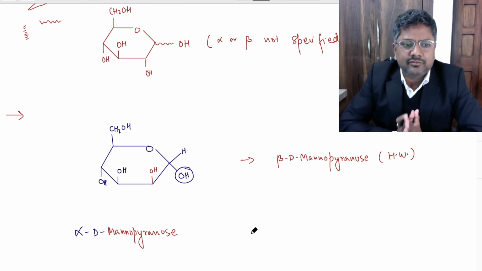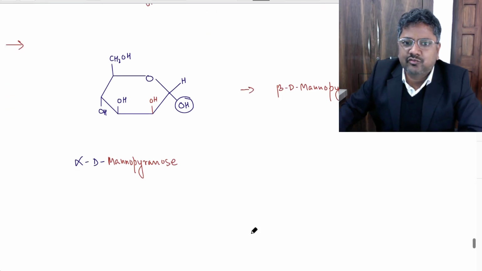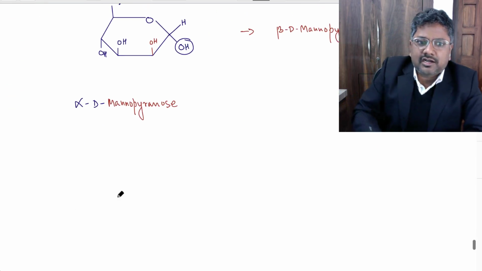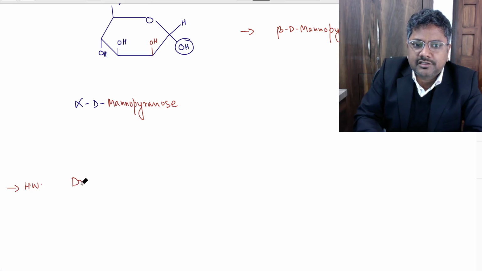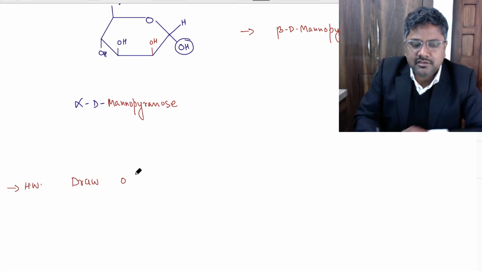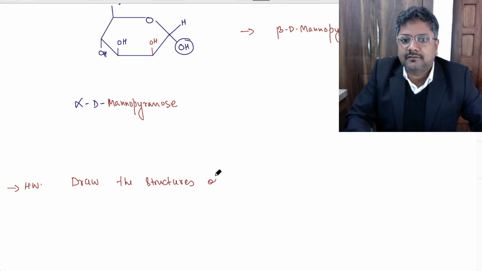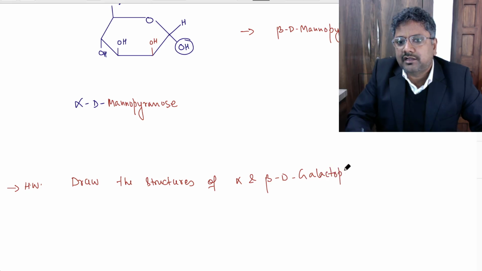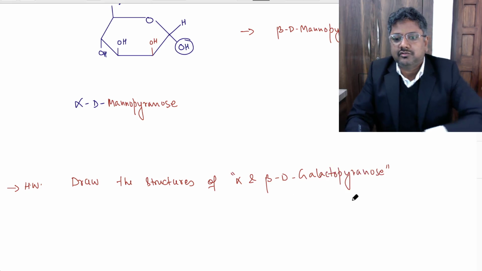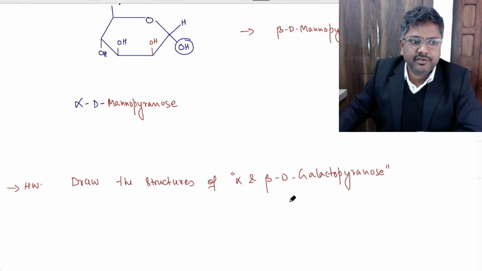Similarly, if you want, you can draw. That is also homework for you people. Draw the structures of alpha and beta D galactopyranose. This is another homework. So draw both the structures. Okay. Now